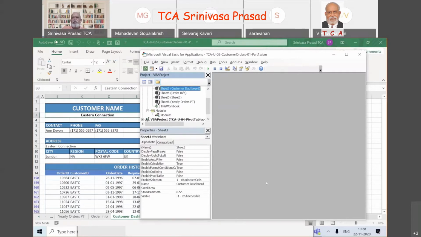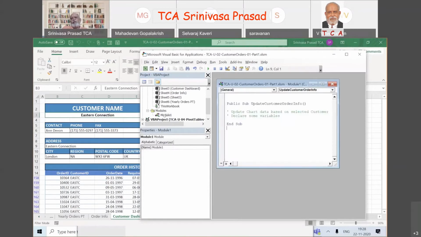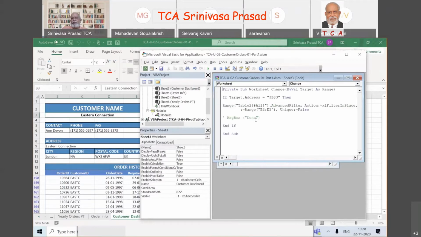That is a two. You must know where you will have to go, because in our case that is the name. We go to module. Then you remember it was module 1. Now we started with module 1 and then we had something here. Then we removed it and put it into the customer dashboard. All of you must be remembering. This is what we did.